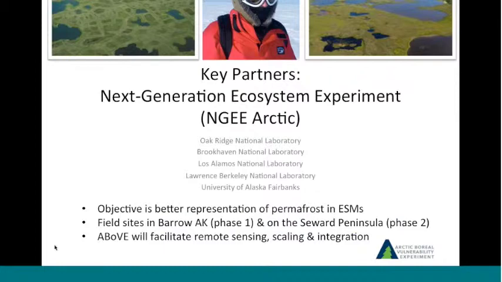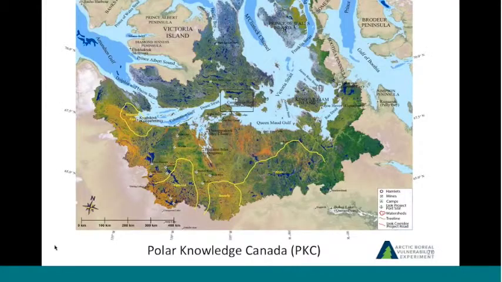So we will work with them closely on scaling, bringing more remote sensing and scaling and innovation activities through Above to the work that they're doing at their core study sites, with the objective of improving the representation of permafrost in their system models. So NGEE Arctic is a core key partner of Above,